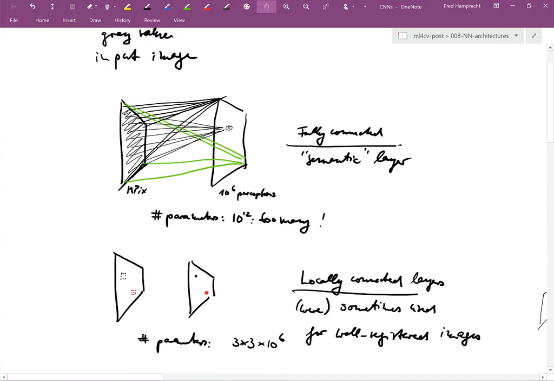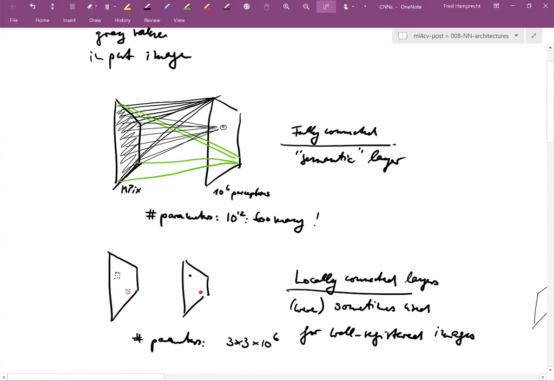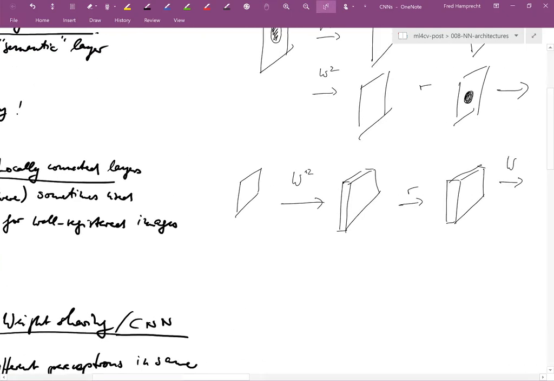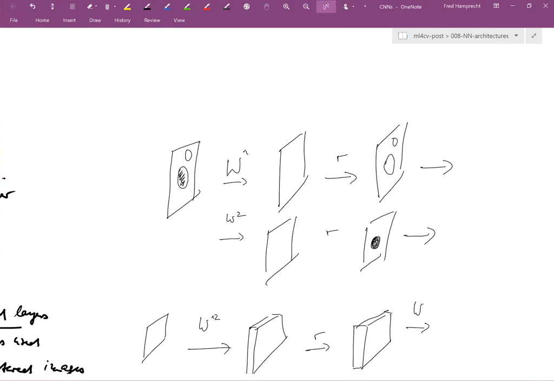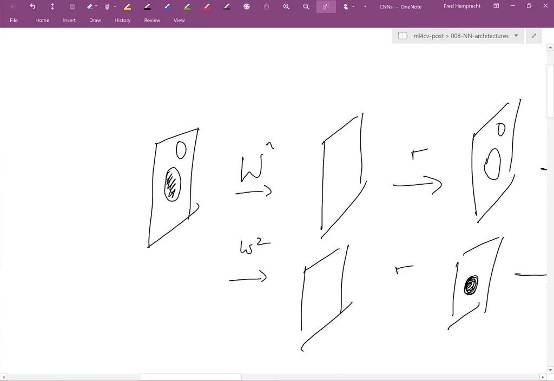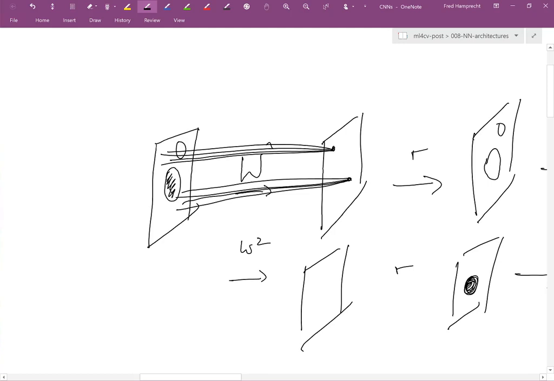And your other question was, why are the weights the same? It's just a design decision. It's me who says, for example, that detecting edges is a useful thing to do, but there is no need to train a different kind of edge detection filter in the middle of the image or in the upper right corner. An edge detector is an edge detector. And so I simply require that all of these connections be identical. So let's say this perceptron here gets input from, usually it would be at least 3 by 3, but for the sake of argument, let me say 2 by 2 pixels. And I just impose that these 4 weights be the same as those 4 weights,